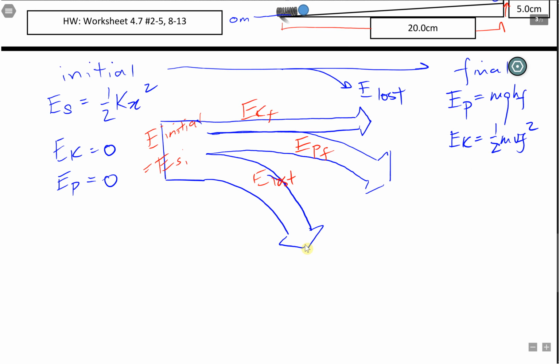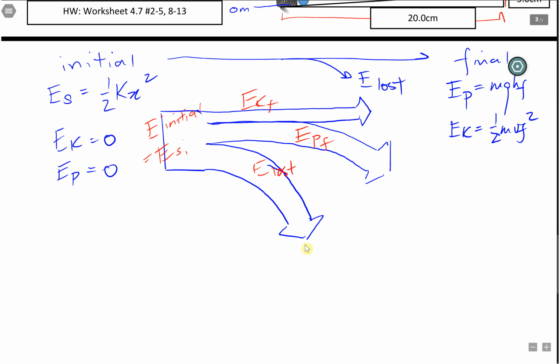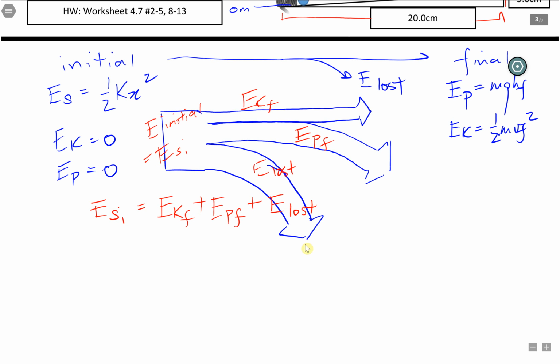So just from this diagram, in terms of the width of the arrows, my elastic potential energy in the beginning is equal to my EK final plus my EP final plus my E lost. You might be wondering, Miss Lee, that's different from your notes. You had E lost or work on the other side. What I can do is move this to the other side, and this becomes ESI minus E lost